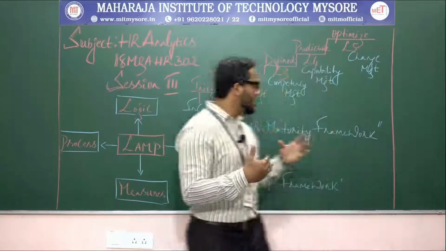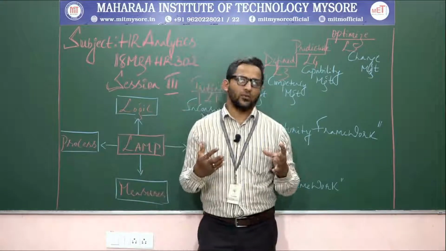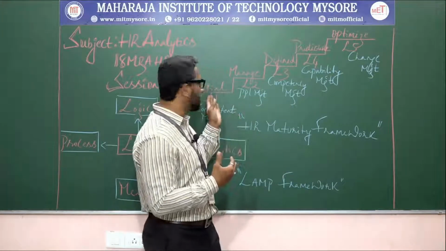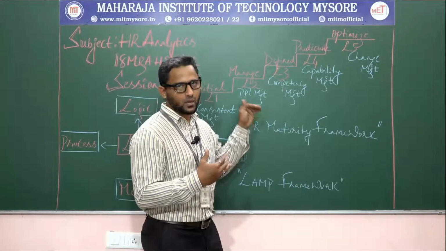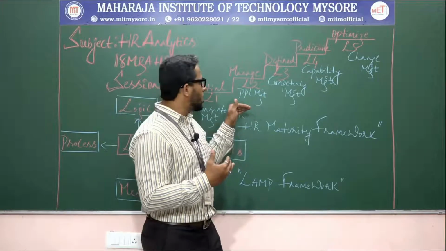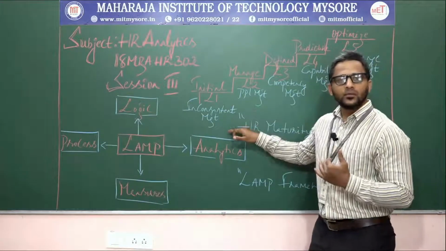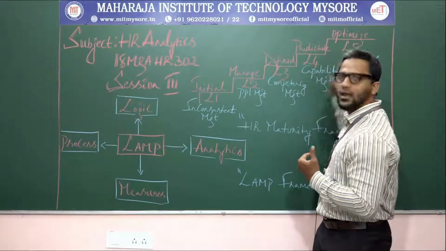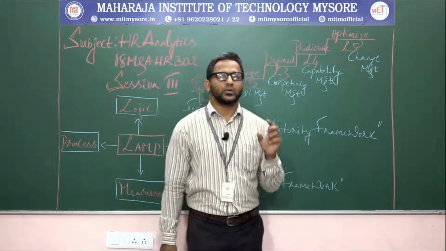From each level, starting from level 1 to level 5, there are learning practices for HR professionals. We are going to evolve from each stage, from stage 1 to stage 5, and we can see the transformation in the HR profession too. That is what the HR maturity framework discusses here. Taking up the diagram explanation, from this diagram we can see that we have the 5 levels, L1, L2, L3, L4, L5. I am going to explain these levels very slowly now.